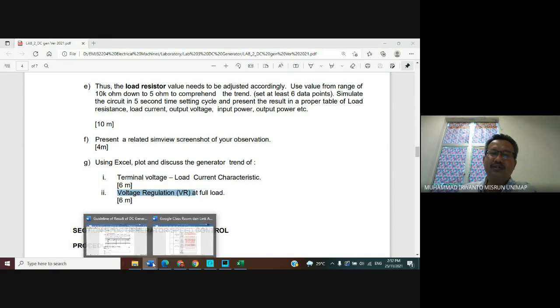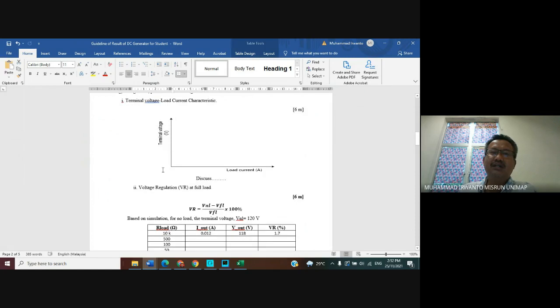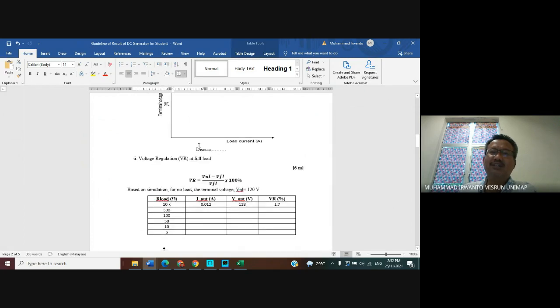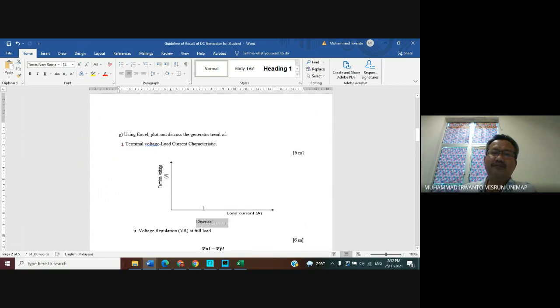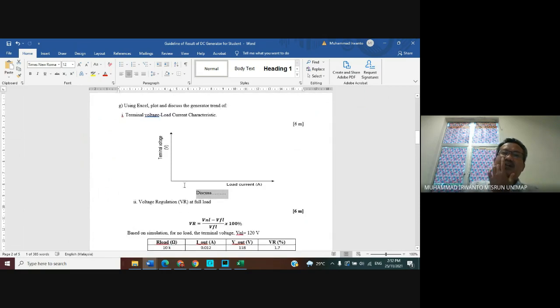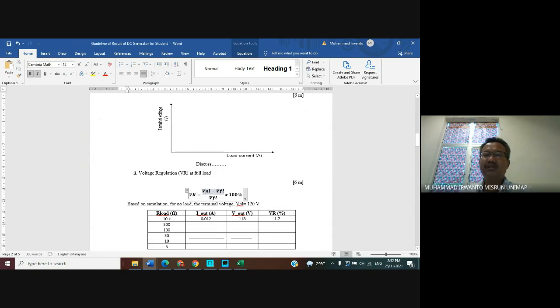For example, later you get the graph to discuss, that is for GI1 discuss. And then for GI2, first you have to find the voltage regulation by using this formula. Voltage regulation is equal to no load voltage minus full load voltage over full load voltage, multiplied by 100%.